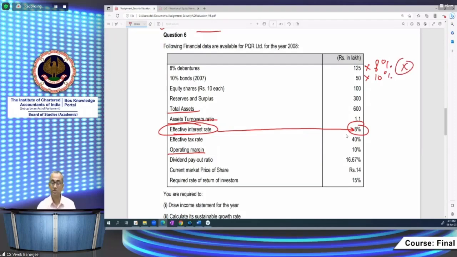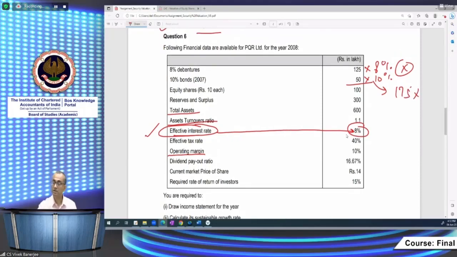क्यों? क्योंकि इफेक्टिव रेट ऑफ इंटरेस्ट हमारा दिया हुआ है। तो इन दोनों फिगर्स को ऐड करेंगे। 125 प्लस 50, जो टोटल डेट है हमारा कितना आ रहा है, डिबेंचर्स 125 और बॉन्ड्स 50, टोटल 175 आ रहा है। तो 175 को हम 8% से करेंगे।